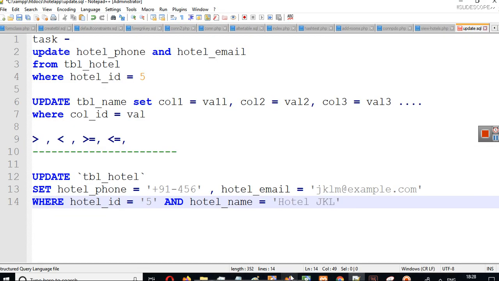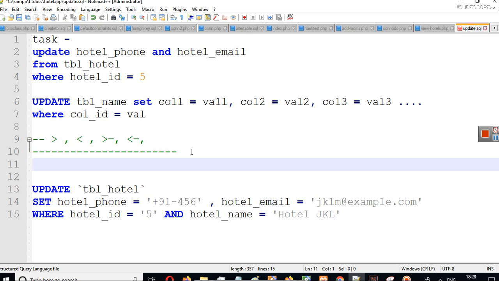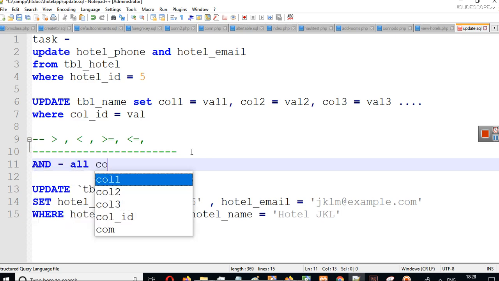So now if there is a hotel with hotel ID 5 and hotel name is equal to hotel JKL, then its hotel phone and hotel email will be updated. Because we have used and here, both conditions should be fulfilled. In case of and, all conditions